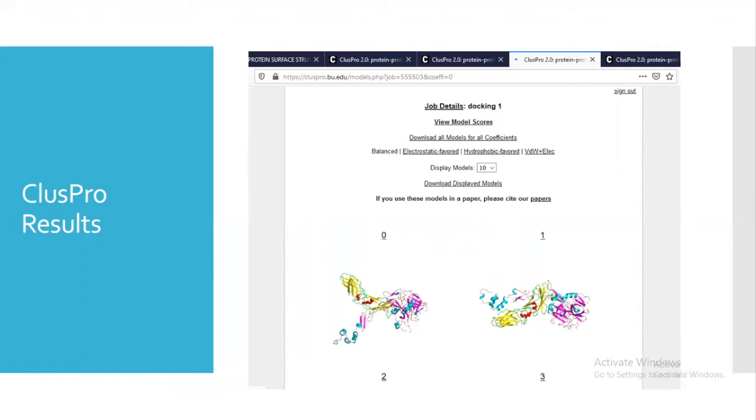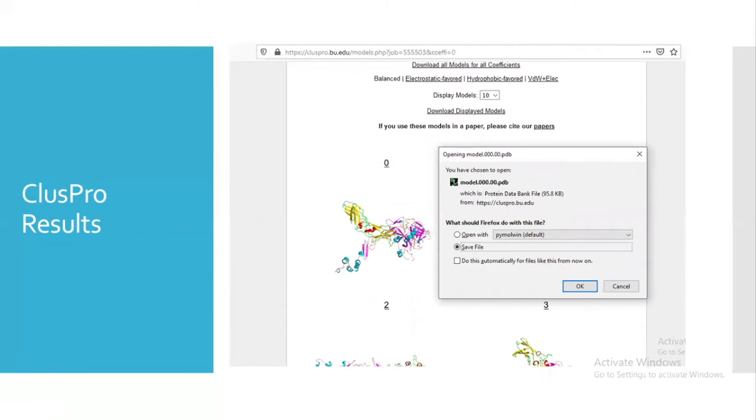Also, one more step is that we have to go for energy calculation. That energy calculation can also be done using other commercial software. We can take the complex and go for minimization or energy calculation. Then we will come to know the minimum binding free energy for each pose. Based on that, we can choose the best one. Once this is done, we can select the model which is of our interest, and then save it in the PDB format.